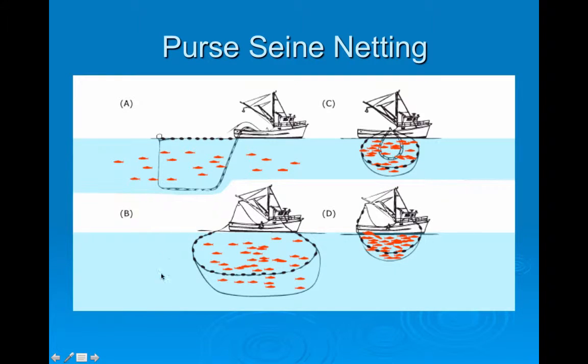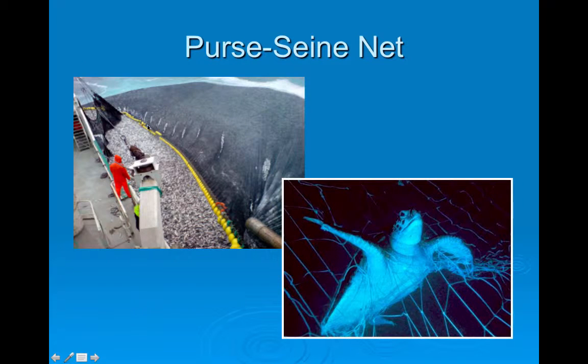All right, Purse-Seine netting is the fourth fishing technique you need to know. In this one, it's either a long strip of netting or it is a circular netting that has a drawstring around it. So you position it so that it's around a school of fish, and then you pull it tight all of a sudden, and then you haul in. See how this looks like a purse? And it just spills everything out.